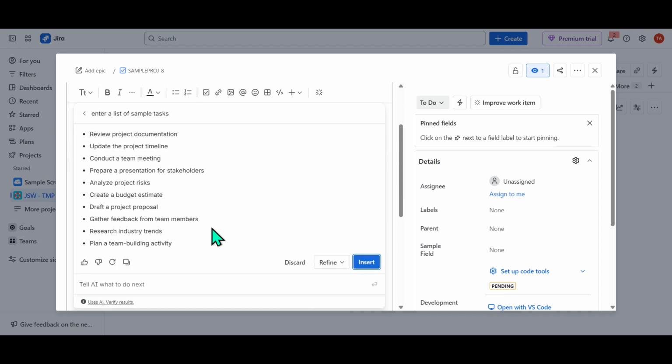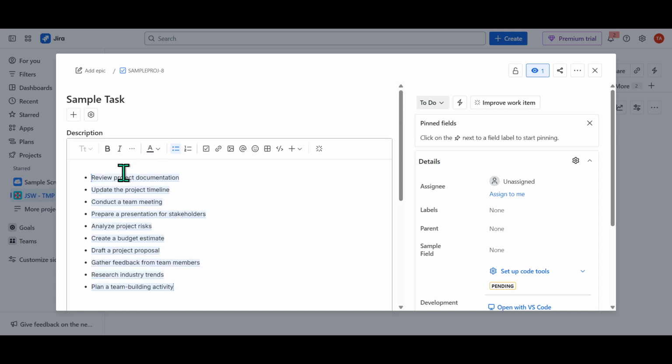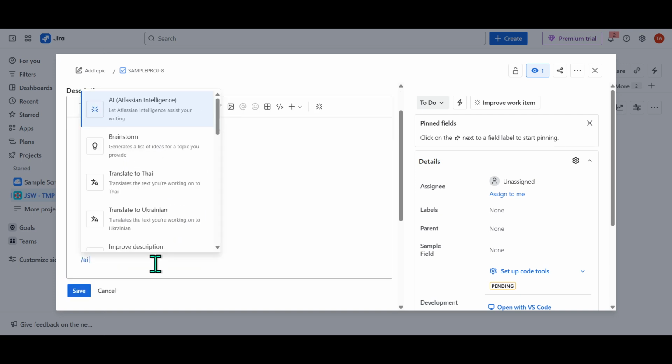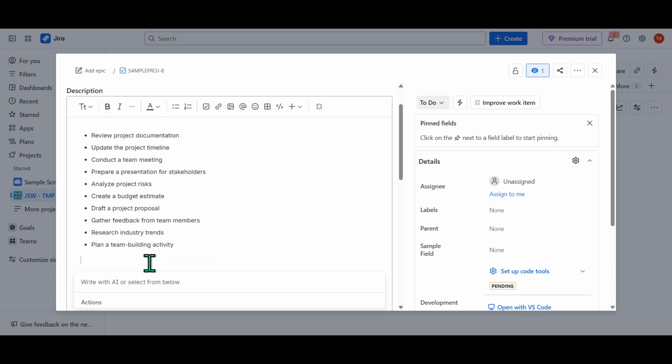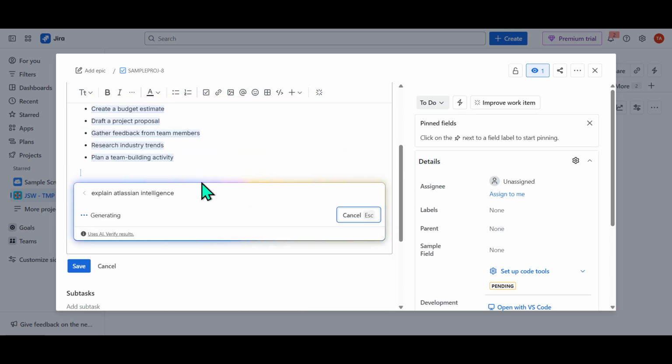Leveraging Atlassian Intelligence like this can drastically improve your efficiency. It helps in drafting more concise and effective communications, ensuring that your team remains on the same page. Whether you need to summarize a lengthy work item, generate ideas quickly, or polish your text, this tool is designed to support these needs seamlessly. Remember, using technology like Atlassian Intelligence isn't just about performing tasks faster, it's about enhancing the quality of your work. The AI offers suggestions and improvements you might not have considered, helping foster a collaborative atmosphere where your team can